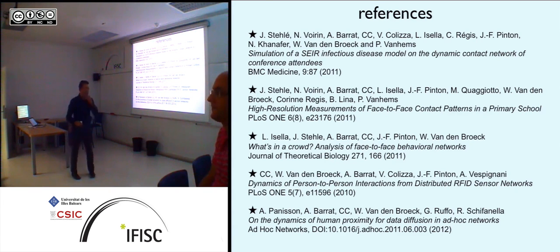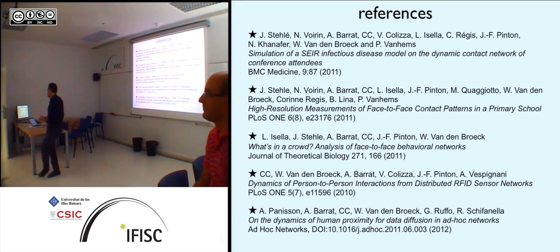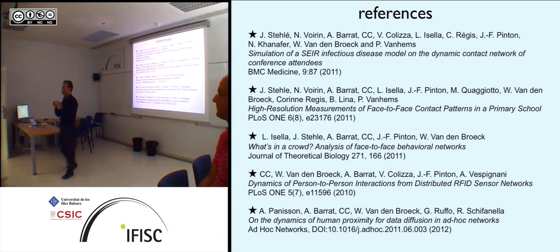But yes, in hospitals we do have a couple of things running right now where they want long-term measurements to study the spreading of nosocomial infections. In that case, you have to sit and wait until something happens, and then you go back to the data you had for that moment. But as you imagine, this is very time consuming. So we are waiting for the technology to expand and make this possible. The other thing we are waiting for is the moment these devices will have a way of doing